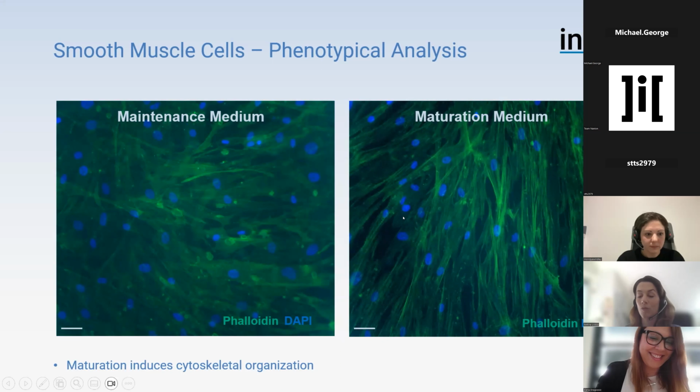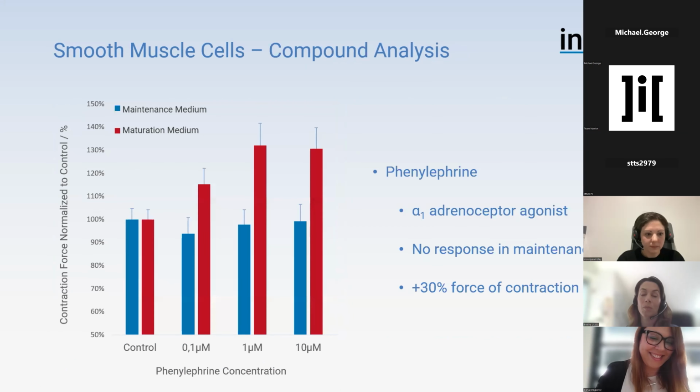So that was a good step forwards. And then we also performed some functional analysis where we used phenylephrine, an adrenoreceptor agonist, for checking the contraction behavior. You can see here very nicely that with the blue bars we have no response in the smooth muscle cells that were in the maintenance medium, but the ones that were in the maturation medium did actually react to phenylephrine quite nicely, with an almost 30% increase in force of contraction